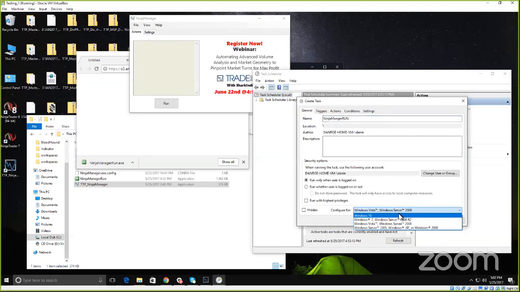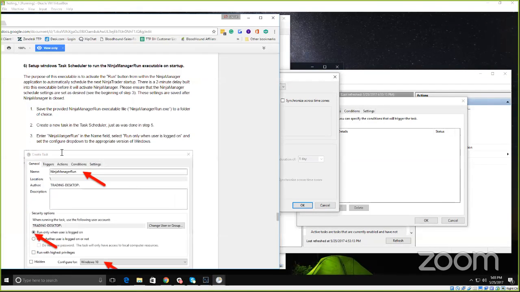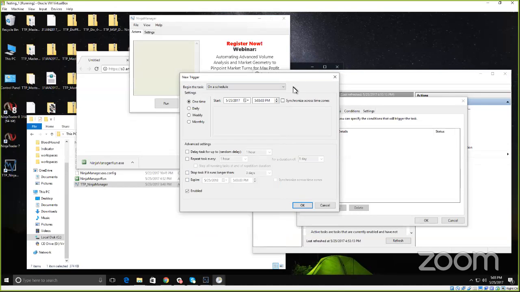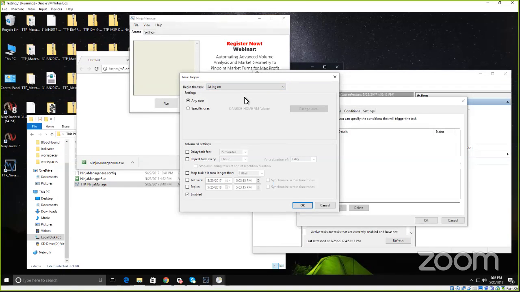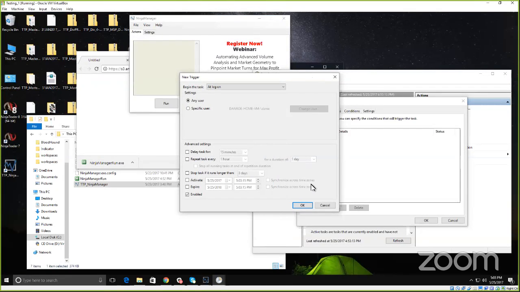And Windows 10, run only when the user is logged on. Trigger is, I think it's the same, at logon. Yeah, at logon right here. Any user, yep. The delay is built in automatically for this one. So it's a 2-minute delay built into the application, the AutoHotkey script. So your NinjaManager will open up, and then precisely 2 minutes later, the run key will be tapped by a